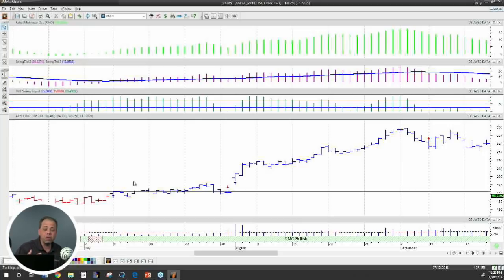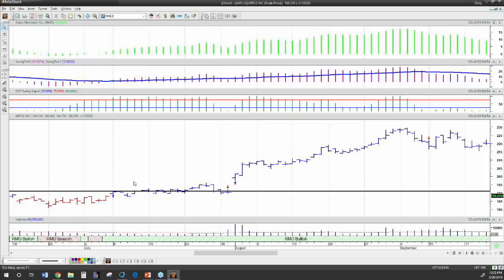It's an additional confirmation that's going to actually save you money, and it'll keep you out of some really bad trades. The other thing Rahul wants to do is he wants you to be able to have a stop loss, okay? Because money management is so important with trading, what we want to be able to do is identify exactly where we're going to get out of this chart, out of this stock, if it doesn't go in our favor. And so to do that, we do exactly the same rule.